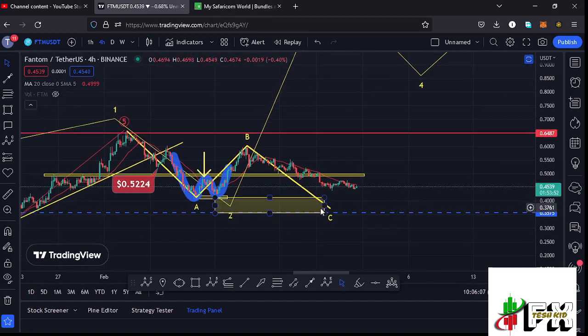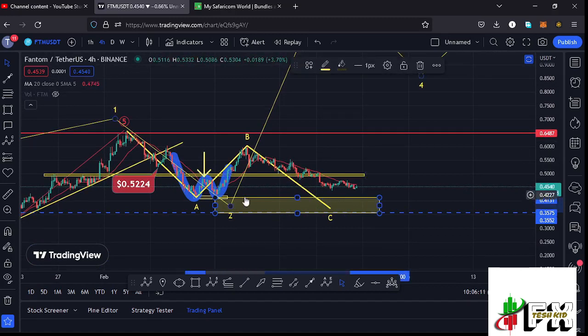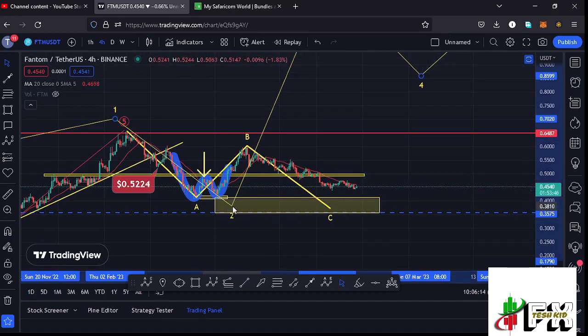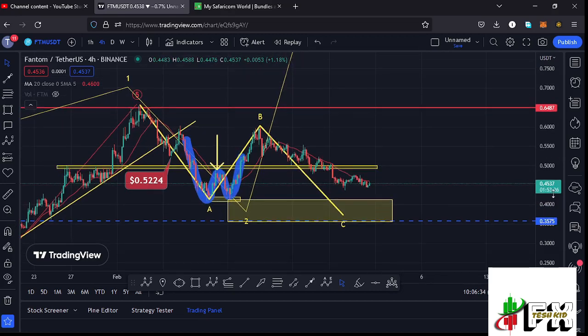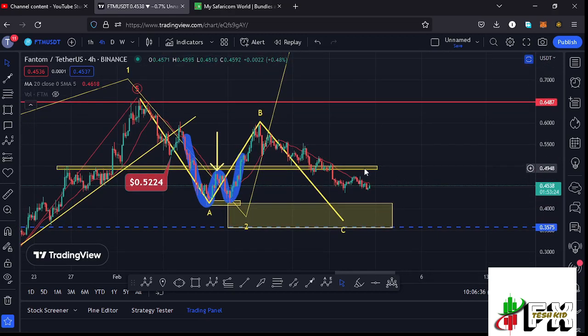So here I'm expecting one more leg down in the formation of this wave C, and also fully maximizing our target area in the formation of this larger Elliot wave count 2. And for that move to also play out, where I'm expecting one more new low in the formation of this wave C, we need to continue holding below the 20-day MA and also below our key area of support at